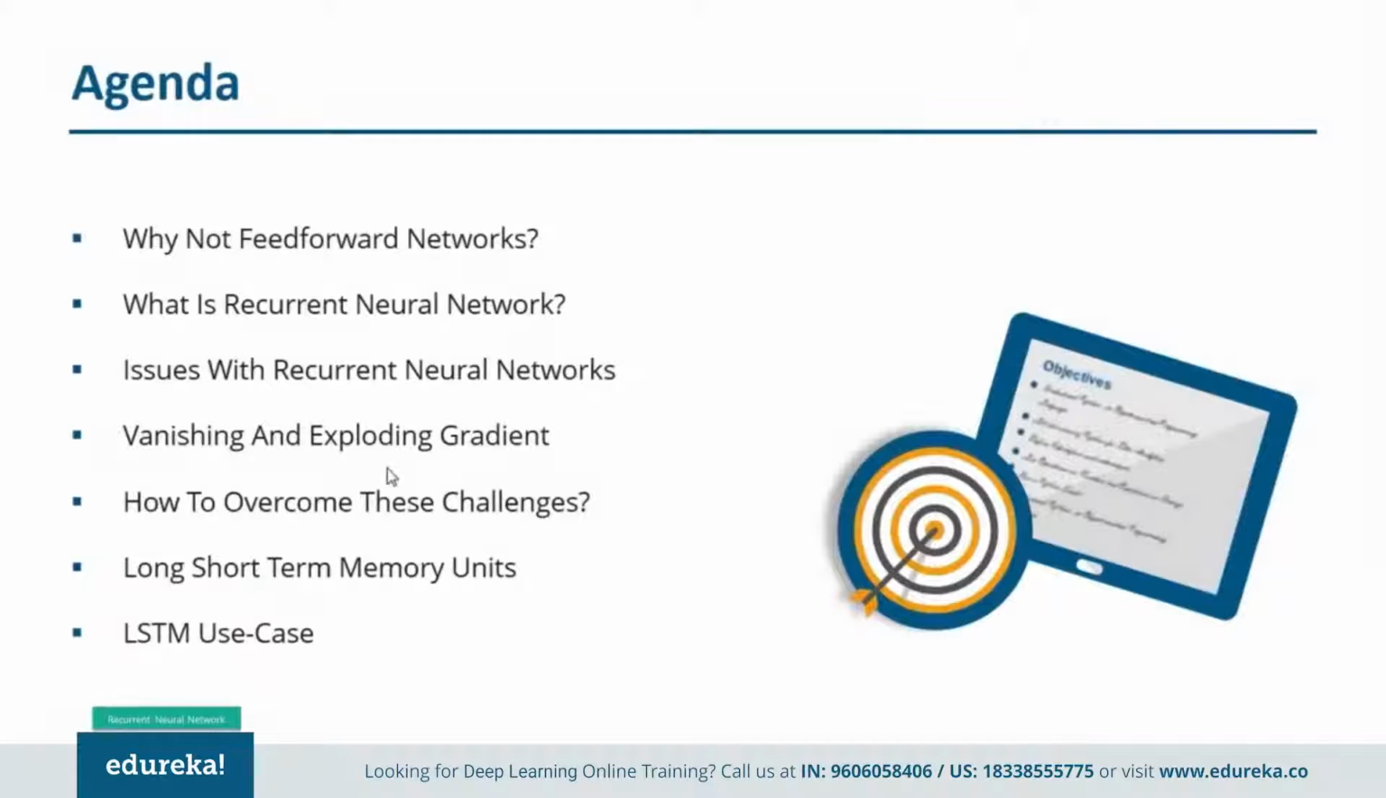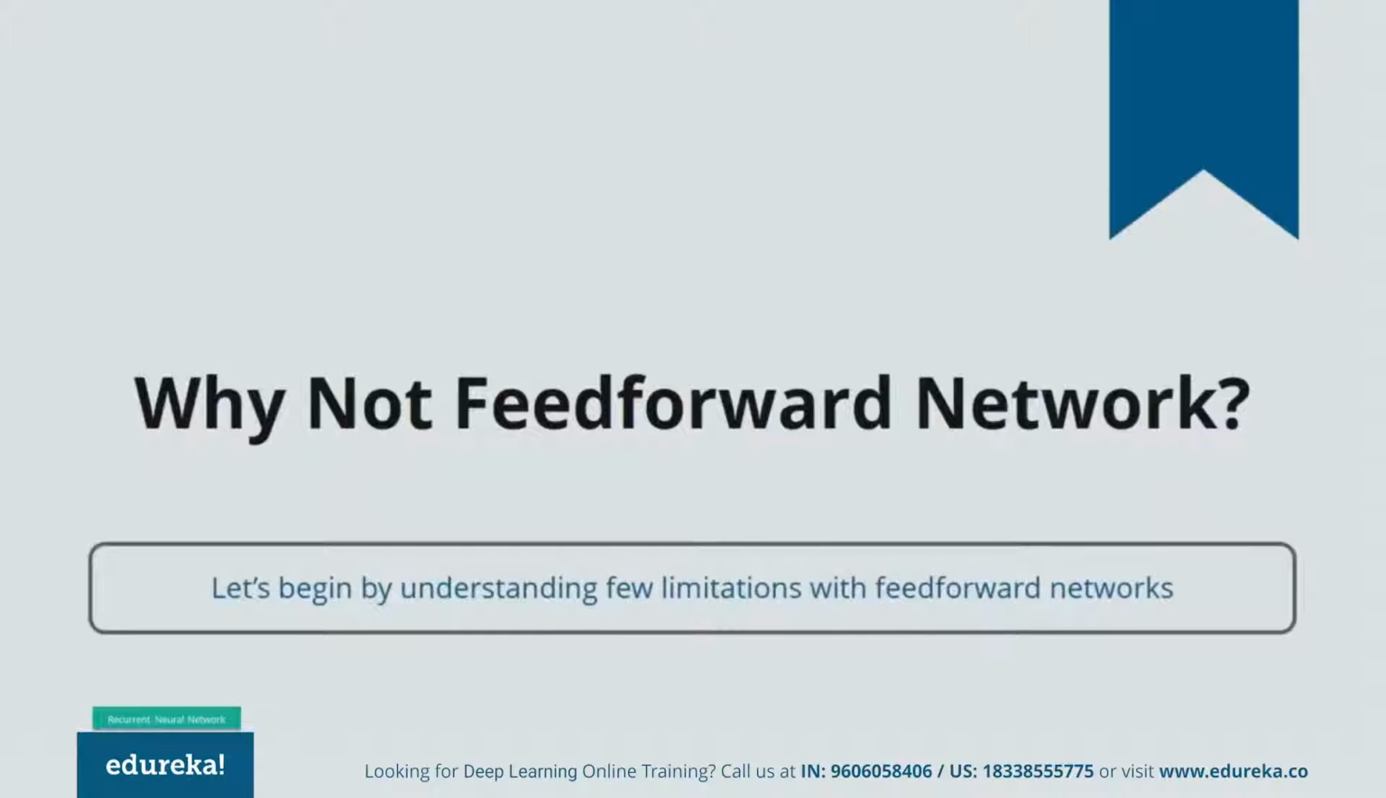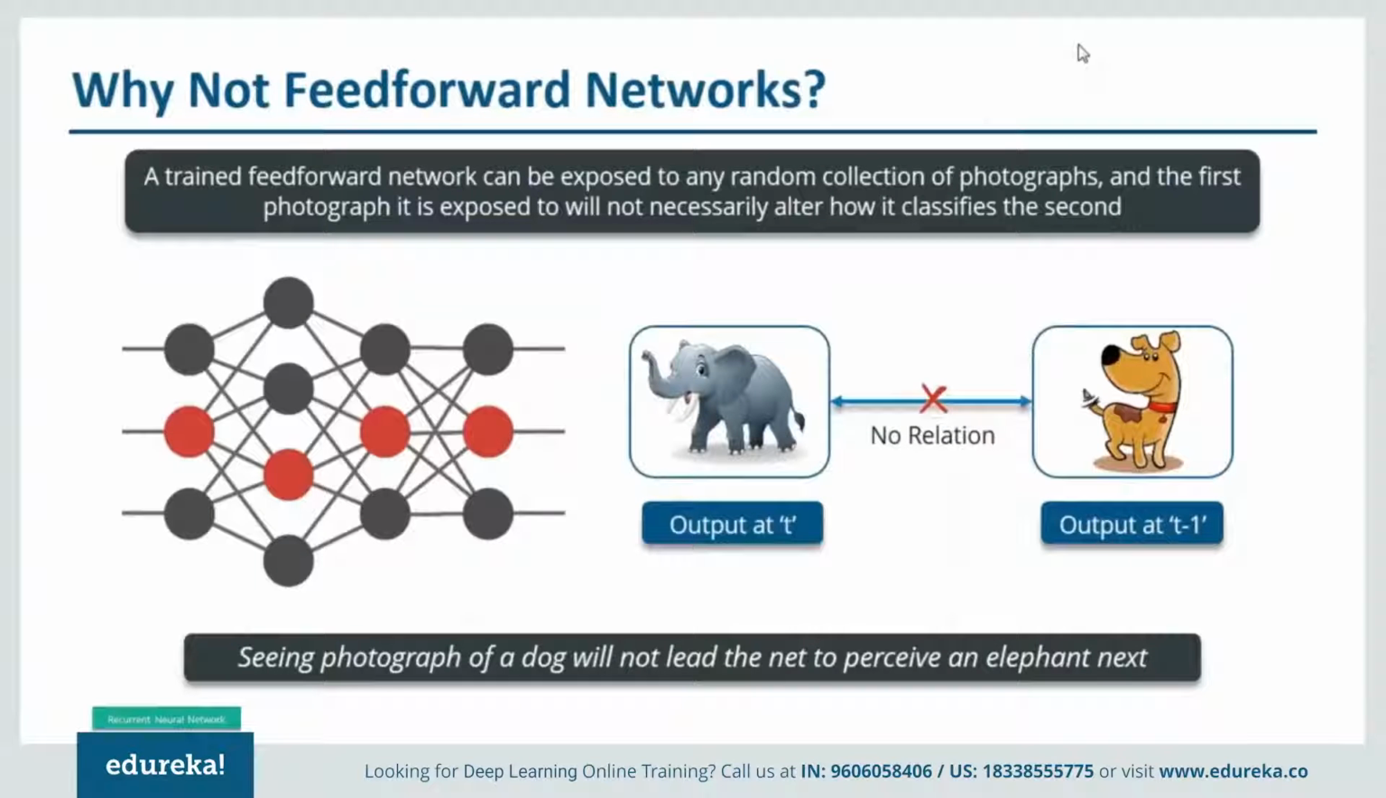So guys, let's begin. We'll understand why we can't use feed-forward networks. Now let us take an example of a feed-forward network that is used for image classification. We have trained this particular network for classifying various images of animals. Now if you feed in an image of a dog, it will identify that image and will provide a relevant label to that particular image. Similarly, if we feed in an image of an elephant, it will provide a relevant label to that particular image